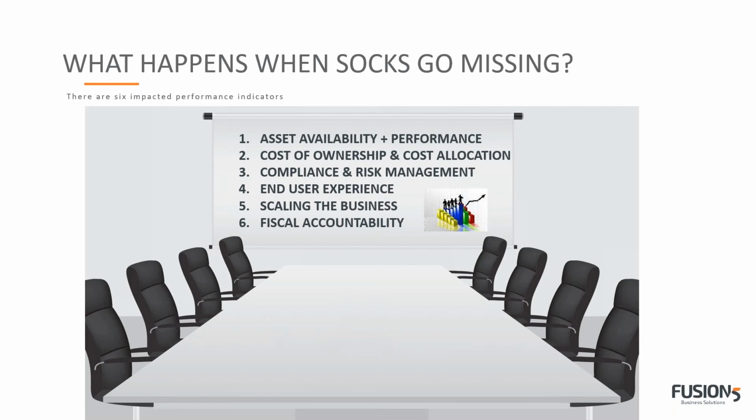And last but not least, fiscal accountability at a corporate level. How do you defend budgets? How do you prove your worth? How do you ask for extra headcount? And asset management is a big part of that, because